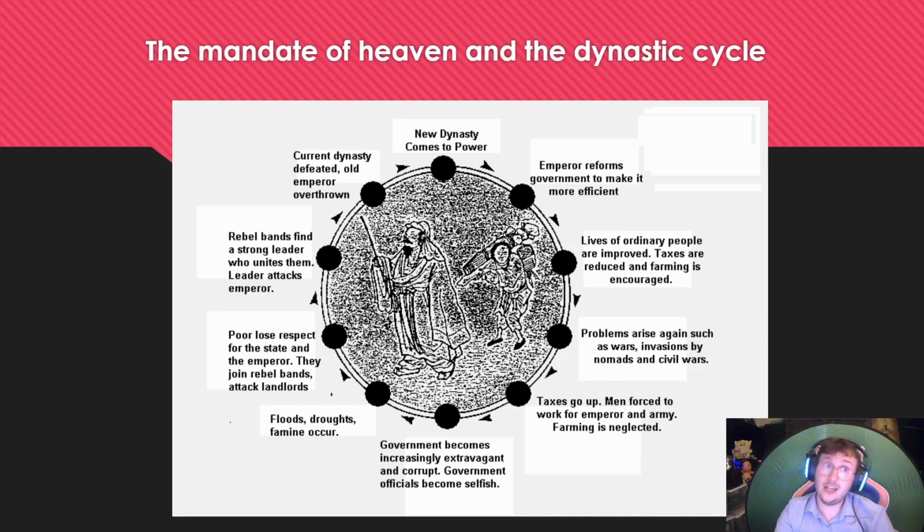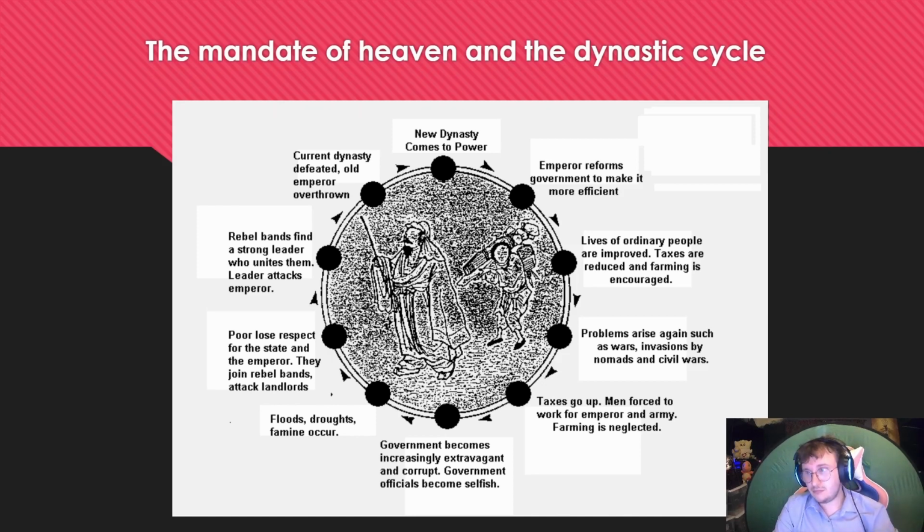Farming's neglected. When farming becomes neglected, well, guess what? You got no food, right? The government gets more money because of taxes, and then suddenly people start becoming corrupt, and the government officials are now selfish, so your empire's falling apart. On top of all that, suddenly you now have droughts and famine because you're not growing food anymore because you're fighting, right? Or a flood happens because of the massive